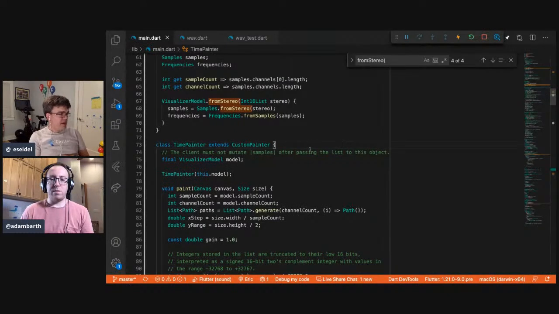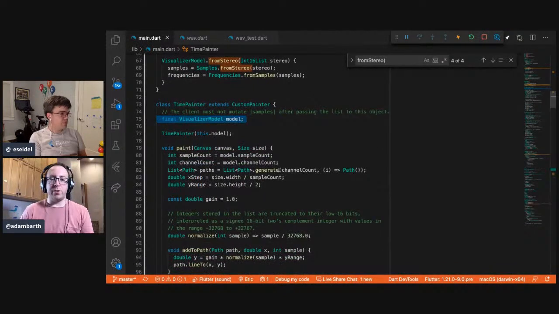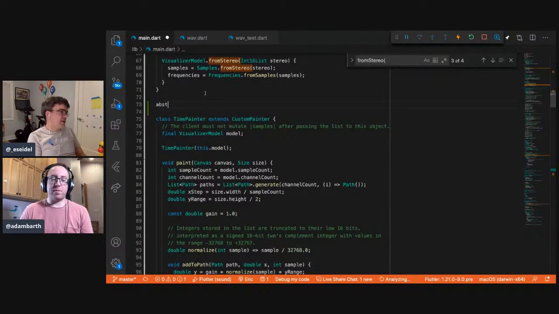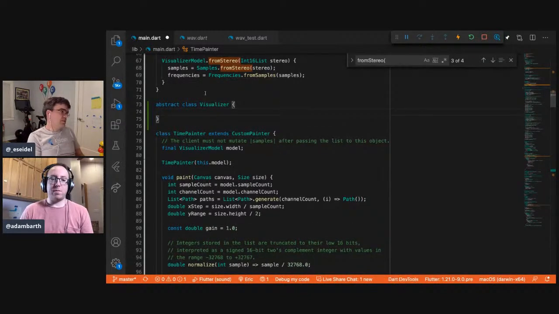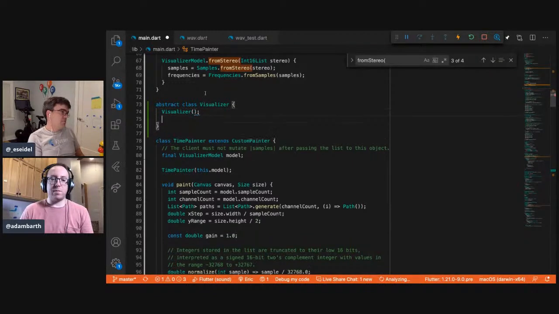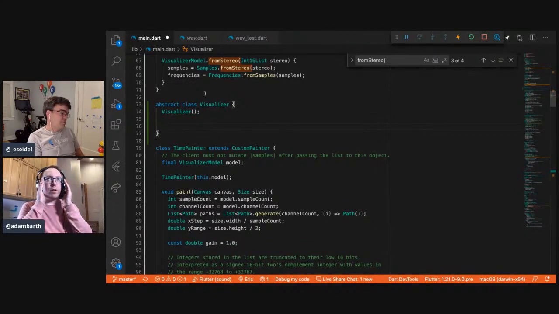Okay. So I think our API has mostly been this visualizer model. What more did you have in mind? I think we want to think about what we want to hand to the visualizer and what we want the visualizer to hand back to us. Given this is Flutter and everything is a widget, I kind of think the visualizer should give us back a widget. So we have an abstract class visualizer, and we want to have a visual. You wanted to hand back a widget. Yeah. Okay. So now I remember a little bit of the complexity of this.